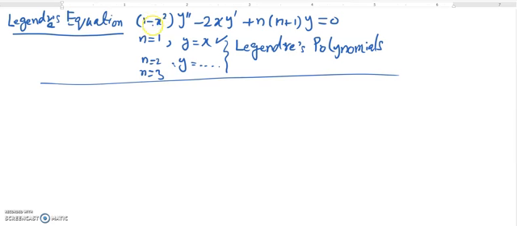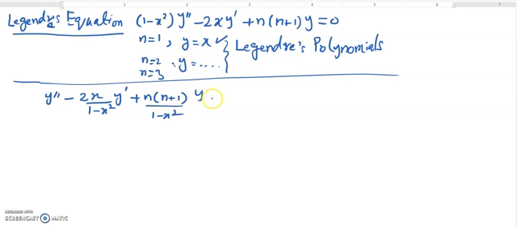In order to solve this equation, we will use the power series method. For the power series method to work, one check we should make is that we write this equation in its standard form: y double prime minus 2x over 1 minus x square y prime plus n into n plus 1 y over 1 minus x square is equal to 0. Then we check whether these two functions, 2x over 1 minus x square, which is the coefficient of y prime, and 1 over 1 minus x square